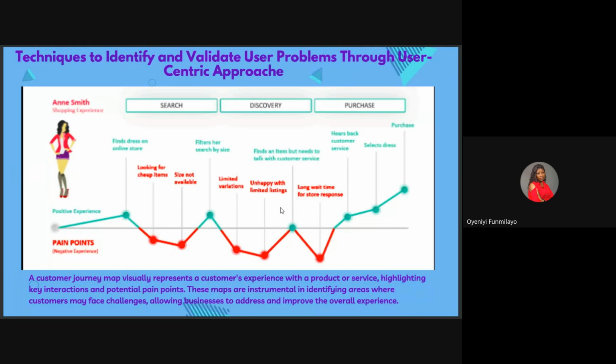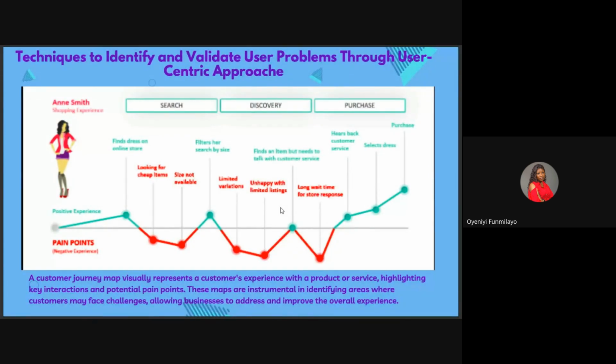So the product manager, if there's one thing you want to do is have a customer journey map for your product. If you have a business, maybe you're an entrepreneur or something, you can also try this process out for your business. Figure out, do something like this for your brand, and then look into all those negative experiences. What are the things that I can do so that my users will not have this negative experience and they can get it on time?